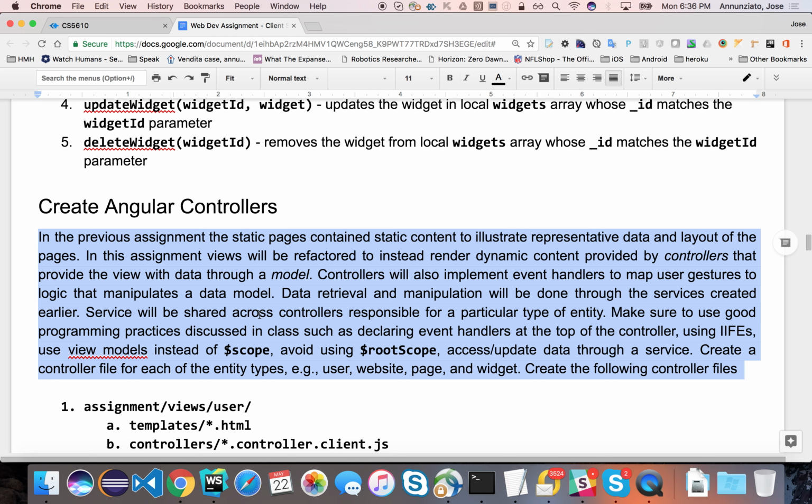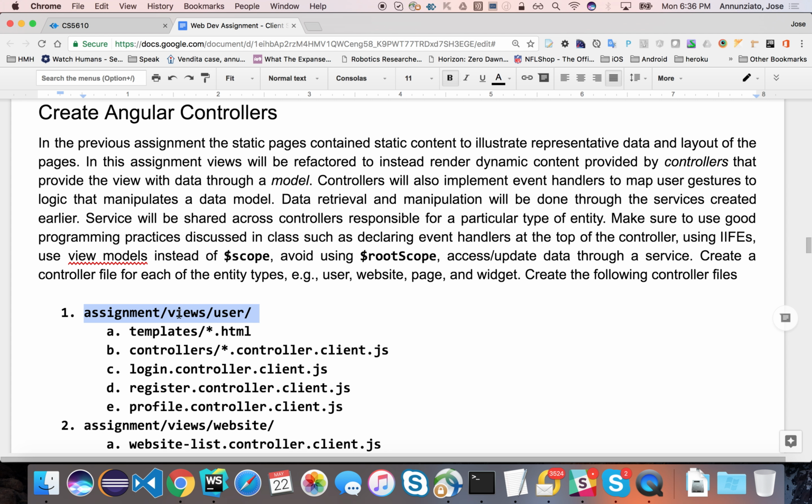Remember, in a model view controller, it is the controller's responsibility to listen for incoming event handlers from the client, right? As the client clicks and drags and types and moves the mouse around, right? It is the controller's responsibility to handle all these events, act on those events, right, by manipulating the model, and then providing the results of that model back to the client for rendering. Okay, so for each one of the views, there's going to be a dedicated controller for that particular view, and